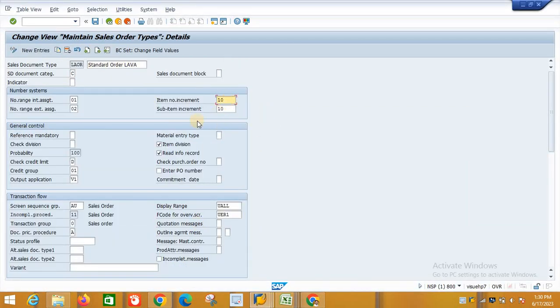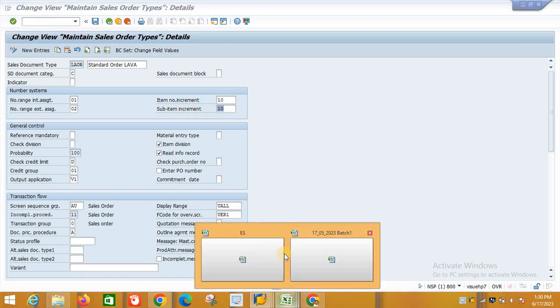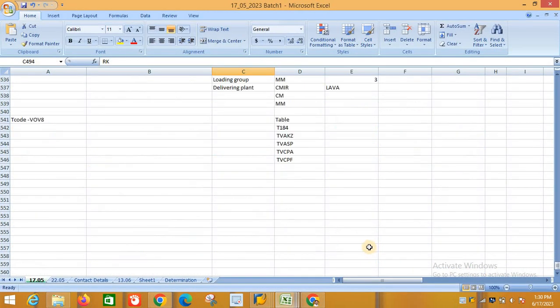Okay, sir, got it. And then the sub item increment is there. Sub item increment means, like, 10 number is there. We will discuss sub item increment later on in the BOM concept and all. For the time being, you should not worry about that. Sub item increment means, let's say our main material is 10, right? Let's say you are purchasing a laptop or computer. I'm just giving the example here to understand the sub item concept. Computer is my main material, let's say that is 10, but inside that computer I am going to purchase based on that computer.